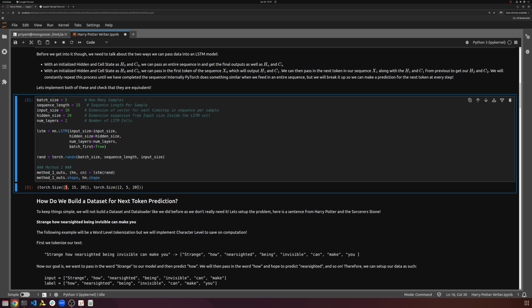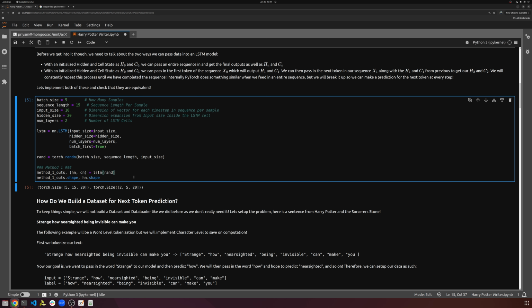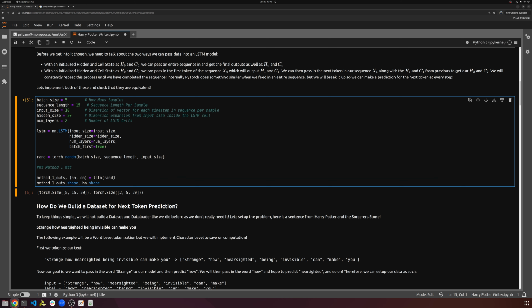We have 5 samples, and by 20. So there we go, the hidden size. So this is fine. There is one thing we skipped. Technically, we can also pass in the initialization, H0 and C0. H0 and C0 are just initialized as zeros when we start out. So we're going to do H0 equals torch.zeros, and in torch.zeros we're going to,